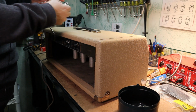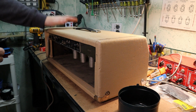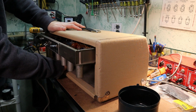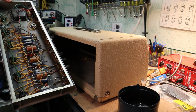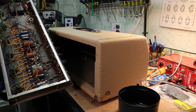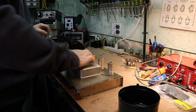When he told me he was bringing me a blonde Bandmaster, I was hoping it'd be another year or two earlier where it would have harmonic vibrato, but no such luck. This is still a cool amp though. And it looks pretty much untouched. Well, maybe. One of the first things I'm going to do is